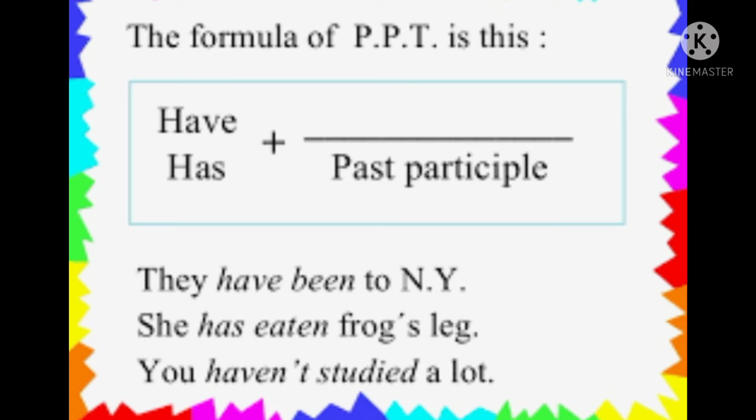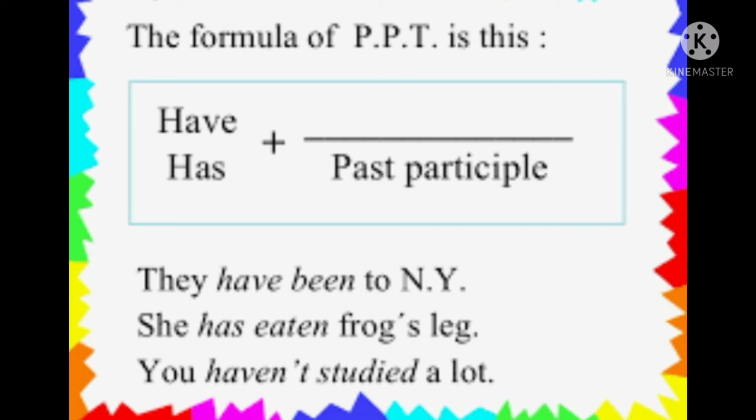Okay, this is the form: subject plus have or has plus V3 form, or past participle form of the verb. We know what is verb 3 form. For example, eat, ate, eaten. The third one, eaten, will be used in present perfect tense. Examples are given here. They have been to New York. Okay, been, that is the past participle form of